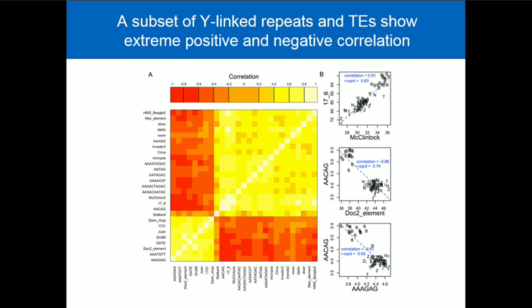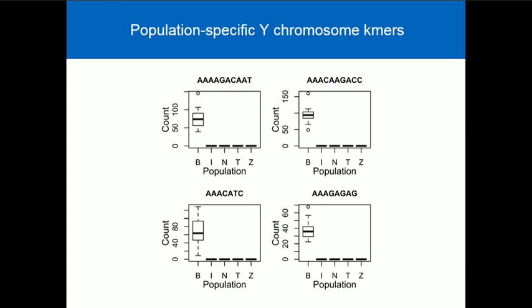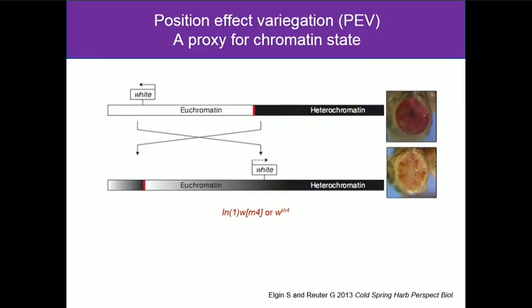And the huge outlier on the Y chromosome is Beijing. The Beijing Y chromosome of melanogaster is truly odd with respect to these repeats. Some of these population-specific ones show patterns the other way, where it seems to be only present and expanding in one population, not the other. Of course, these zeros may not be absolute zero. It's modulo the degree of sampling that we've done, but relative to this, it's much, much less frequent than you see here, and so it's essentially population-specific.